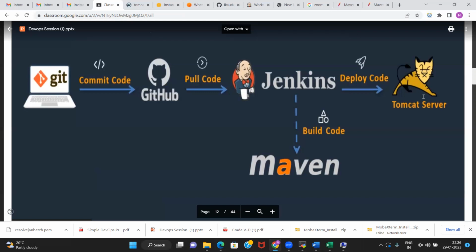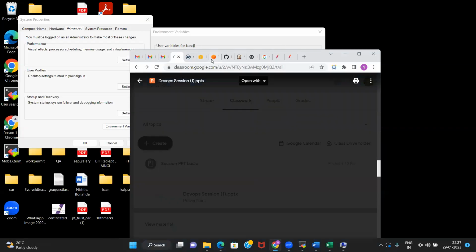Now we want to deploy this war file that we have. This doesn't mean anything to you right now because you are not able to see what is happening. Unless we deploy it, we will not know what is getting done. So the next step is setting up the Tomcat server. The deployment server is going to be a separate server, meaning another computer, another virtual machine on an EC2 instance on AWS. So let us do it.